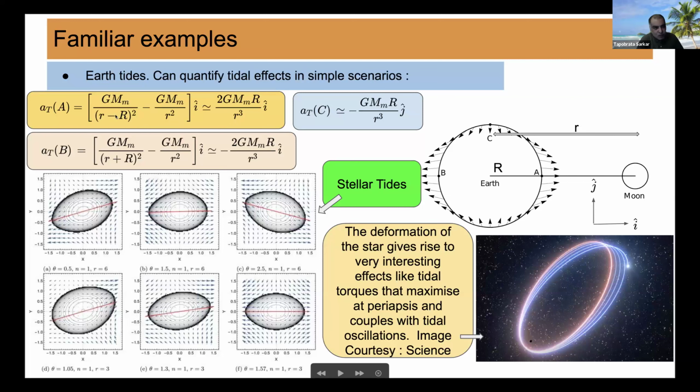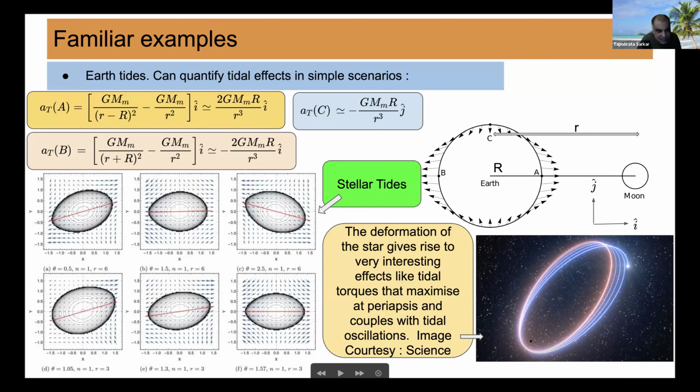If you take the limit that small r is much greater than capital R, then you get the familiar expression for the tidal acceleration, which at point A is towards the moon, and goes like 1 over r cubed, like a dipole term. The dimensionality is fixed because the Earth's radius appears in the numerator. And at point B, it is going towards the left. So in general, there is a stretching. And as I told you, this deformation, this stretching, is what I was telling you.